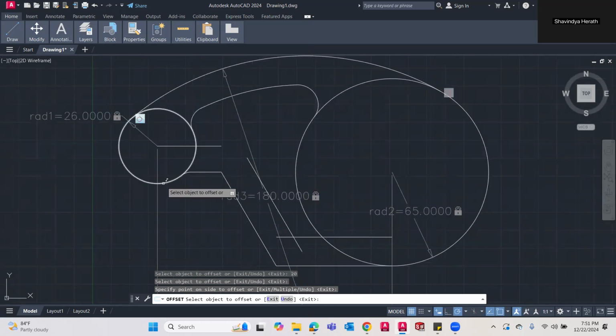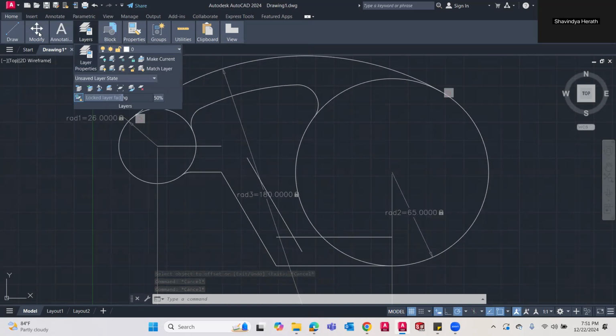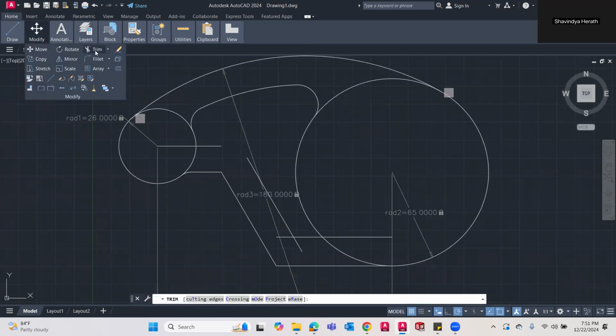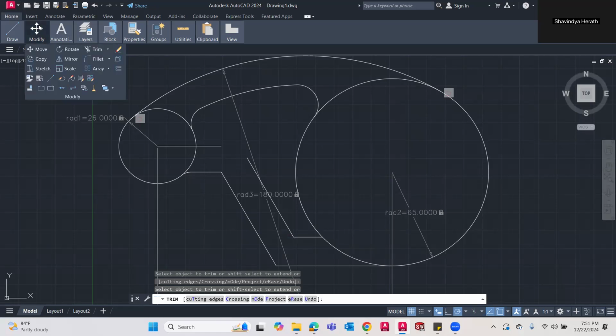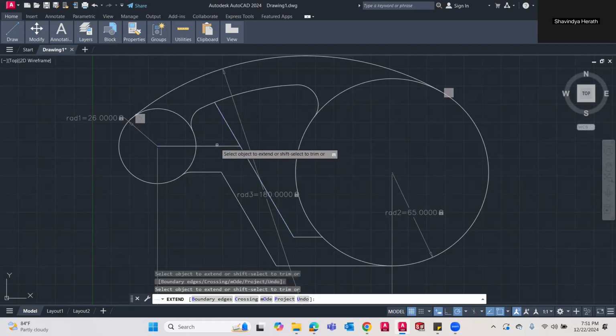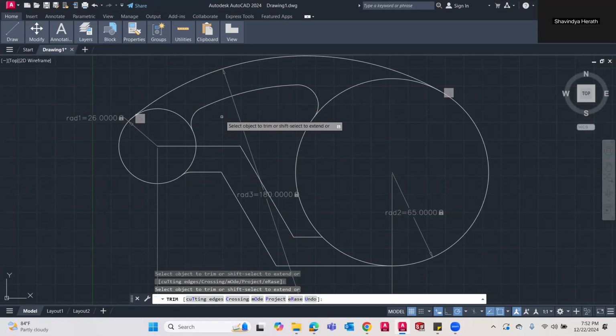Okay. So let's trim the unwanted part. This part and this part. And then I need to extend. Go to trim and the small drop down arrow and click on extend. I will extend these two lines and again I will trim. Right now, what I will have to do is